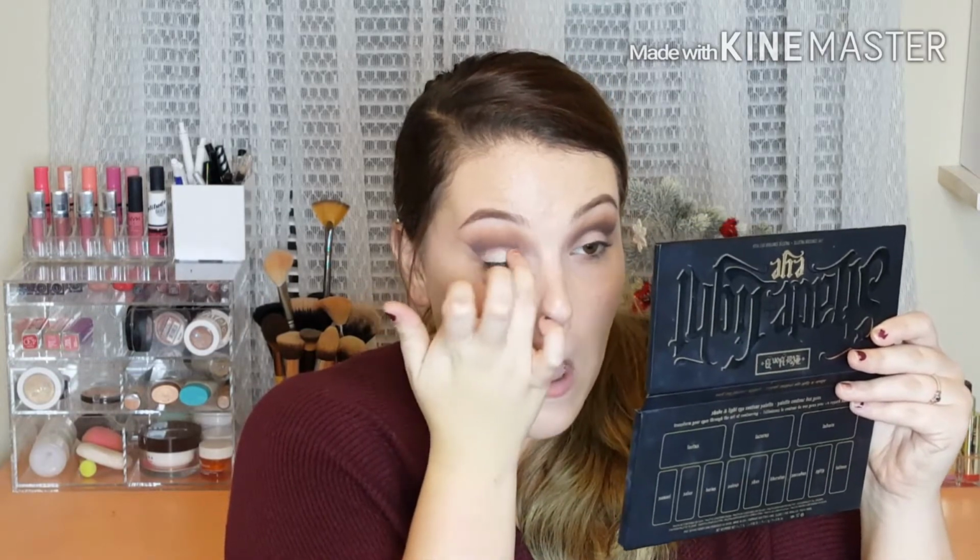So I'm just going to start with my finger and I'm going to pat it right on top of the eyeshadow base, starting closer to the lash line and working my way up. Now that we have the glittery shade on our lids, I'm going to go and put in black eyeliner, and